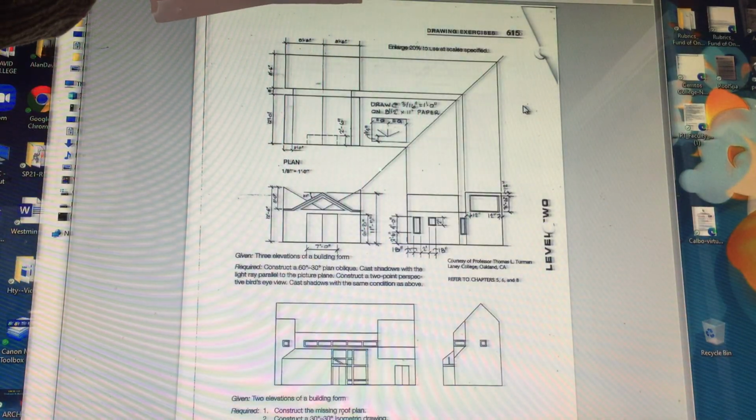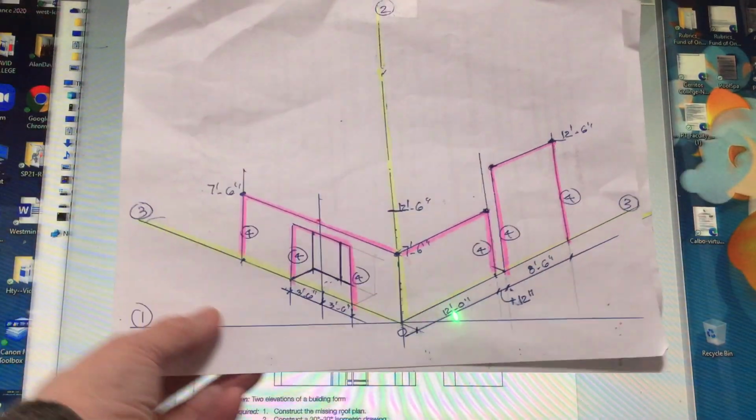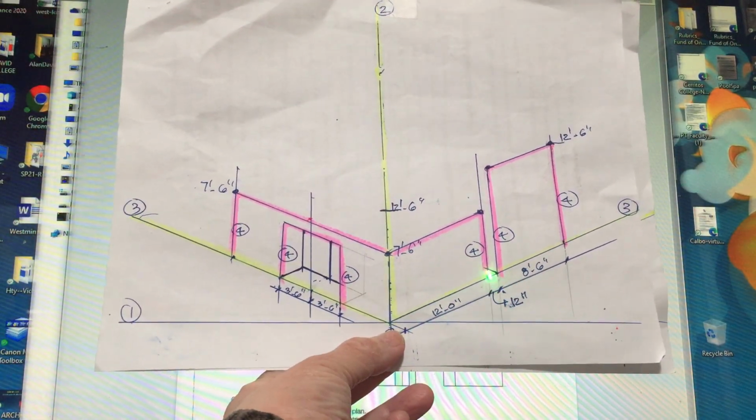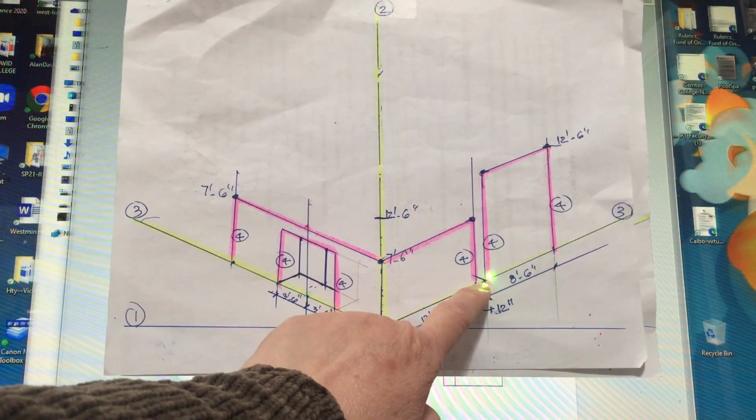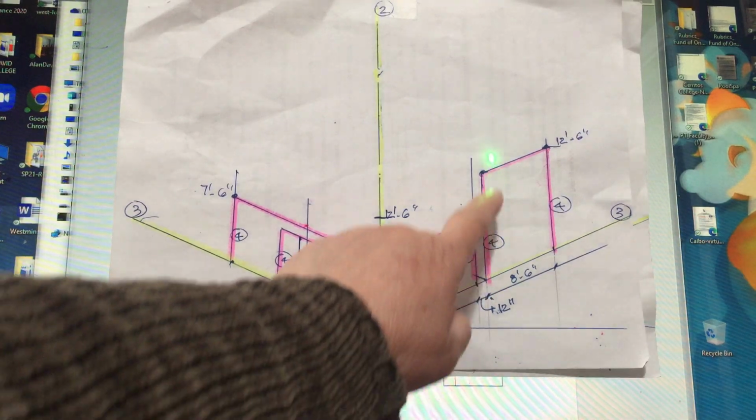You look at this. When you stay here, from here to here is 12 feet. From here to here, 12 feet. So I stop right here, mark up. After that, this one, the gap is 12 inches. I go 12 inches and I do another point right here. I straight off